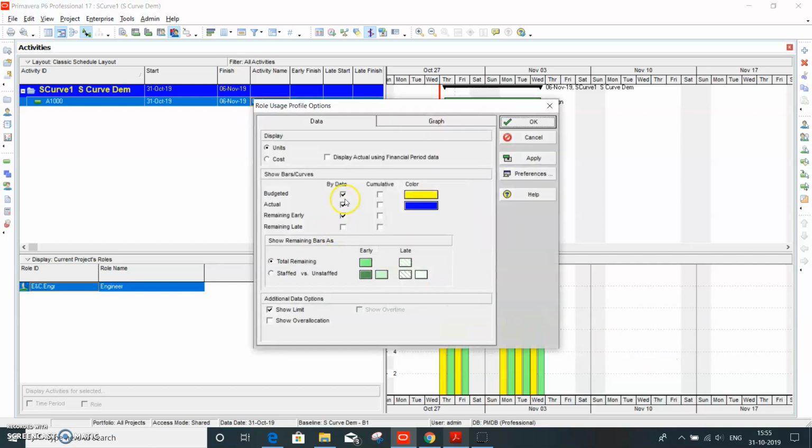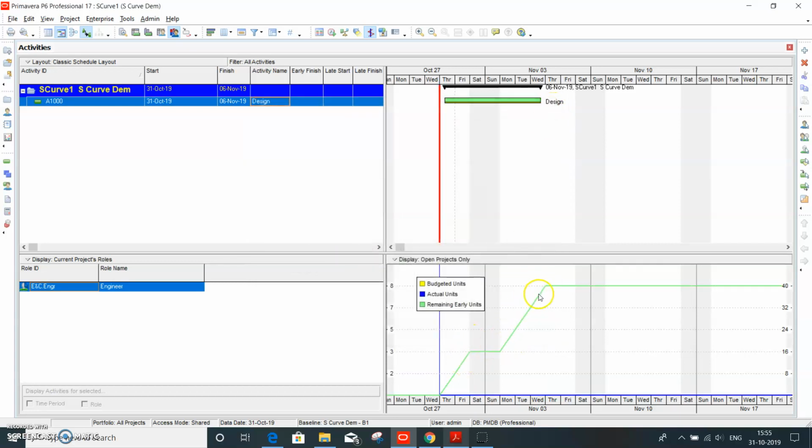You need to indicate cumulative, and show limit is not required because we are interested in budgeted, actual, remaining, and apply it. For now we have not done any progress, so it shows the remaining because nothing is so far done. So you have it over here.